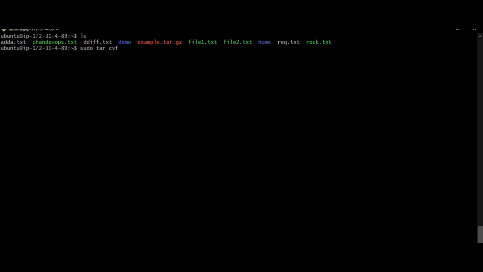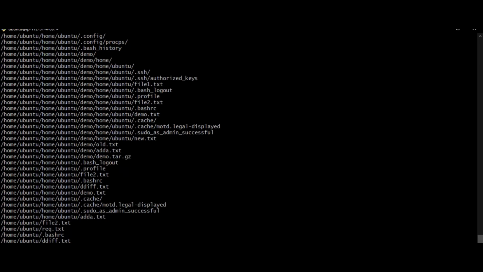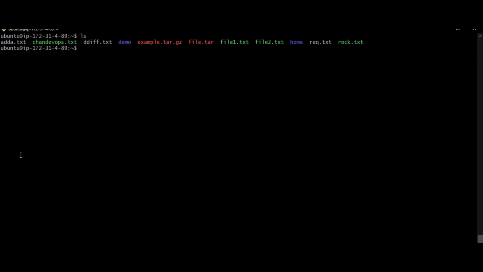and the tarball file name, dot tar, and the directory, home ubuntu. If you see here, I have one tar file, file1.tar. Now you want to untar this file. By using the same tar command, we can untar this file.